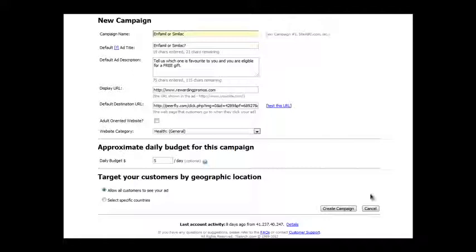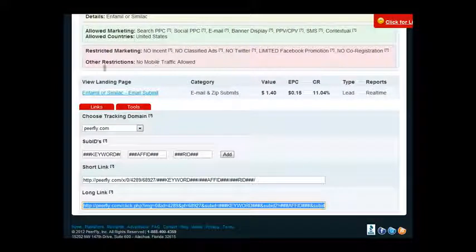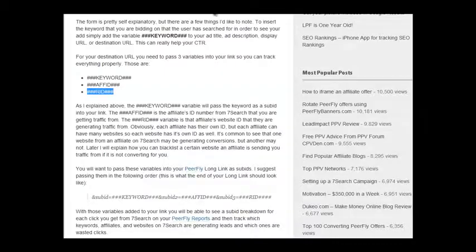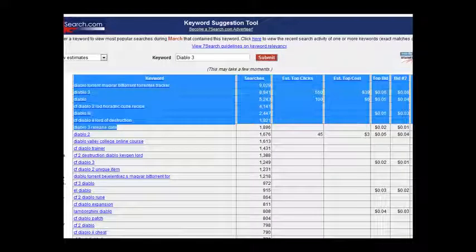This is very important: targeting customers by geographical location. Please do not allow all customers to see your ad, because it's only for the United States, as we have seen in the offer. In Beerfly, it was for the United States only. That was in the offer. So when you get to setting the 7search campaign,